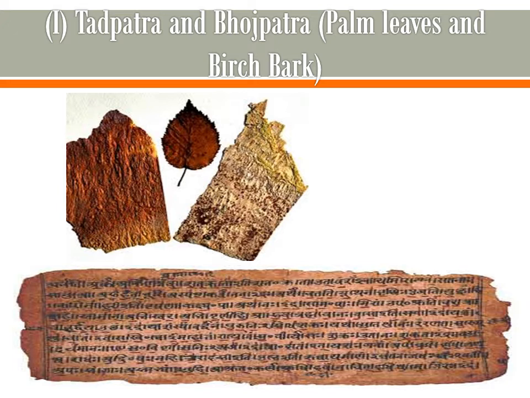Let's read the paragraph given in the textbook. In the ancient time, man used palm leaves and birch bark for writing what we call manuscripts today. Tadpatra means manuscripts written on palm leaves. Bhojpatra means manuscripts written on birch bark, which is found in the Himalayas. With the help of manuscripts written on palm leaves and bark of birch, we get information about their language and lifestyle. Many such manuscripts have been found. They give us information about man of ancient India.